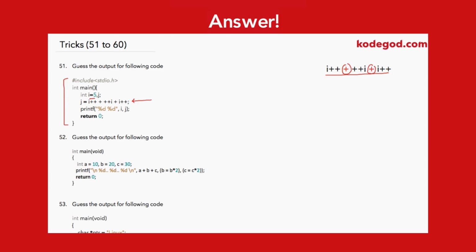As mentioned earlier, different compiler could have some different output for the same code. So I'm going to consider GCC compiler for this example. So these two will be used first by the compiler for the execution. So this operation will be performed first. So this is my plus sign, then I plus plus and plus plus I will be performed, and whatever the output comes, so this will be executed with the output of this result, and it will be added with I